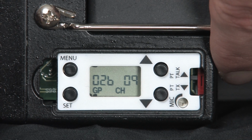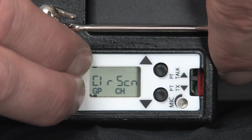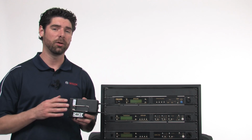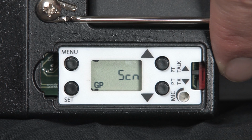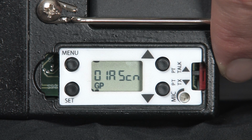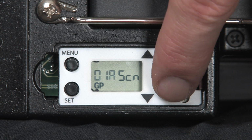Do this by pressing and holding the menu and set button until CLR SCN appears on the display. The process may take up to 12 seconds, and you'll know the process is complete once the clearest group is flashing on the display. Write down the first 3 to 5 recommended groups from that belt pack. Use the up and down arrows to scroll through the recommended groups. In our case, it's 01A,